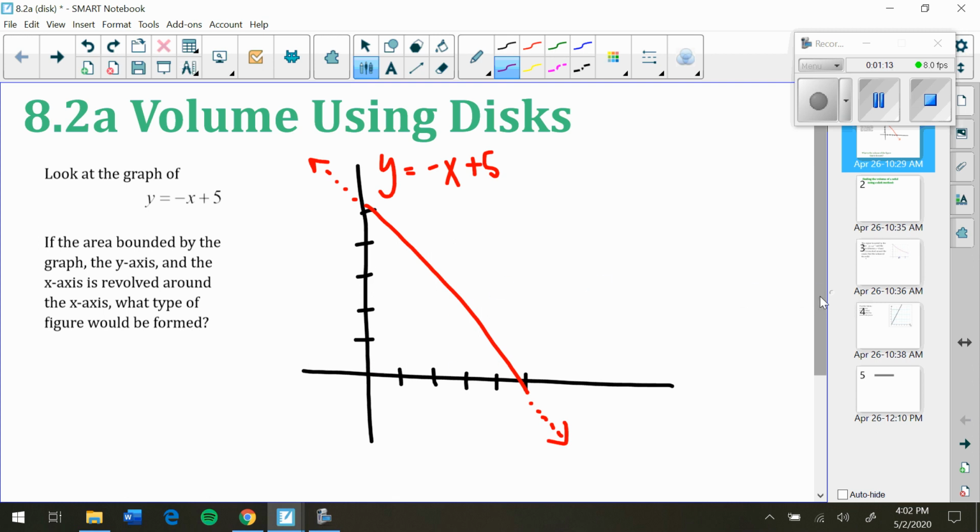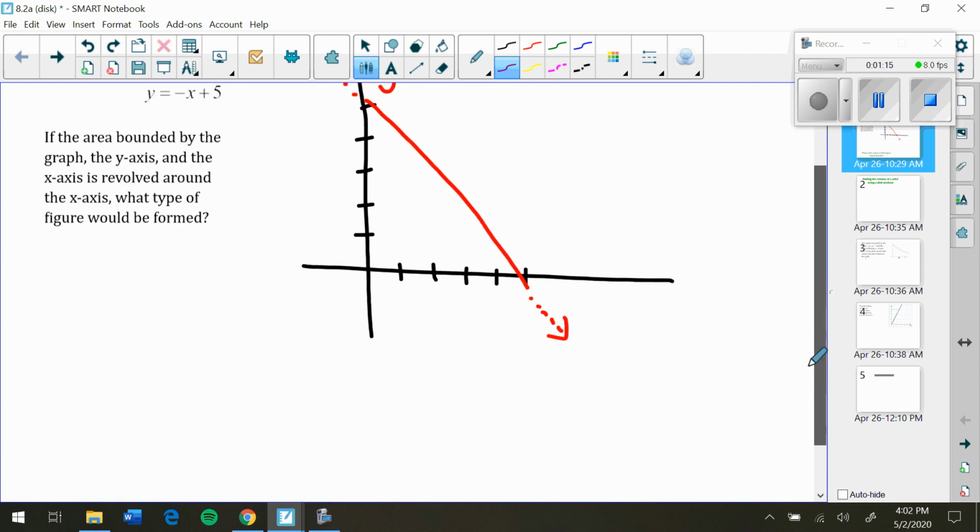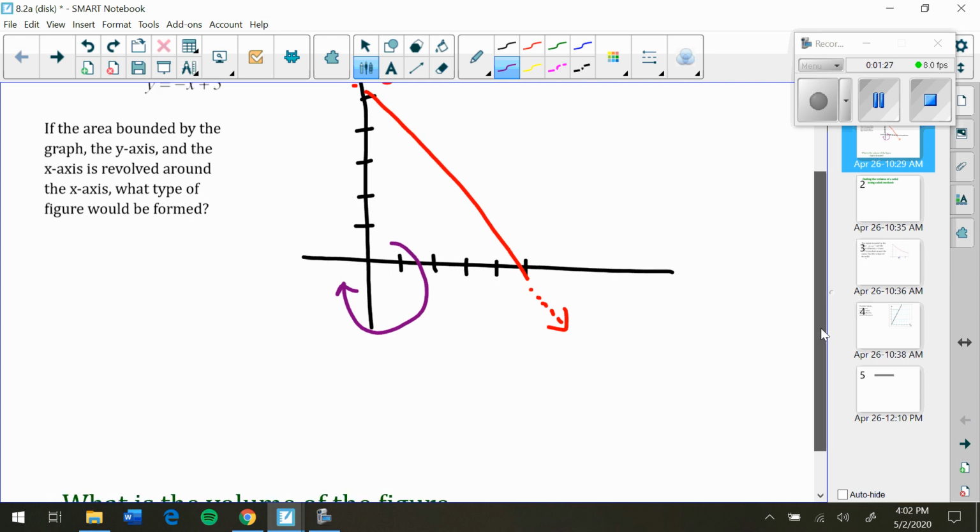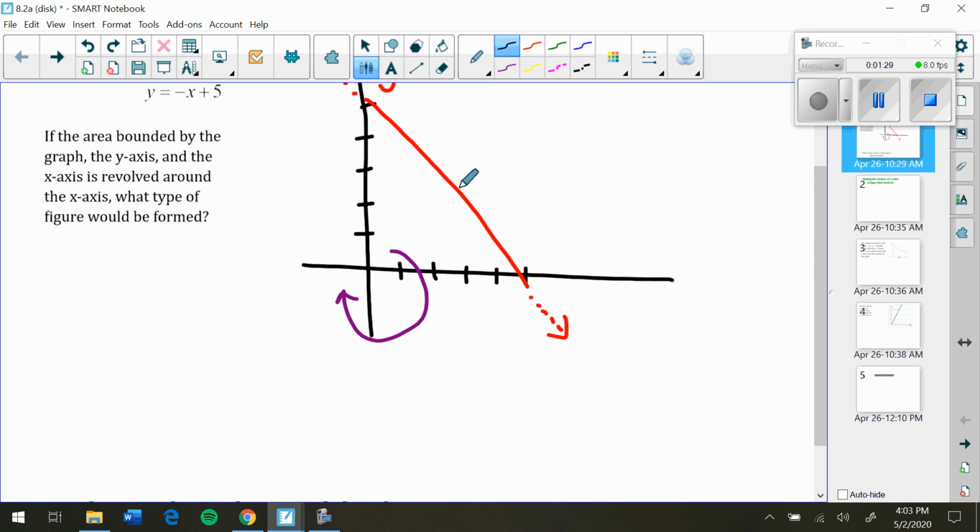that. So basically, if this triangle were revolved around the x-axis, so I'm taking this triangle and I'm going around that way, what type of figure would be formed? Try and picture this in your mind as I help you along, but hopefully, if you're playing along at home,